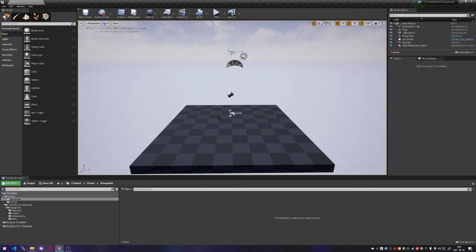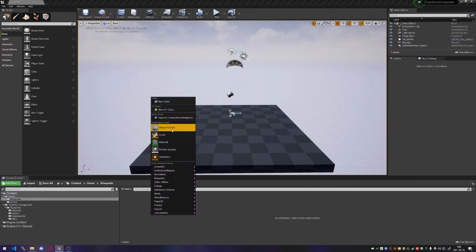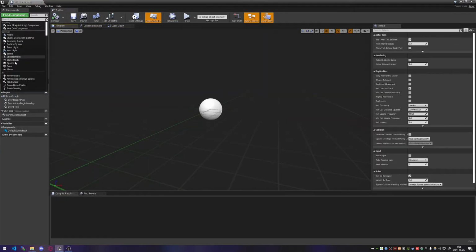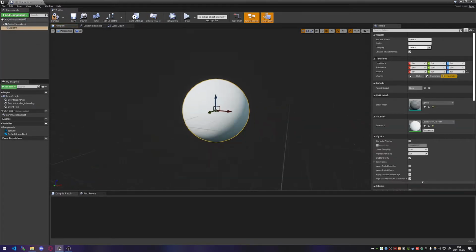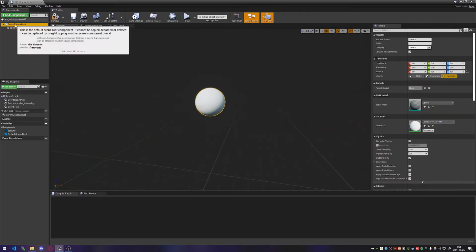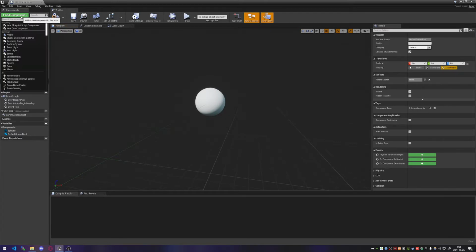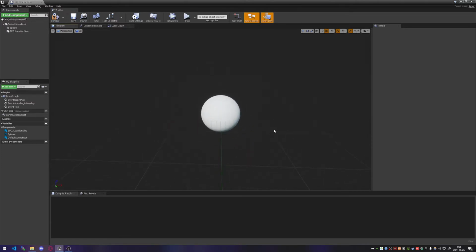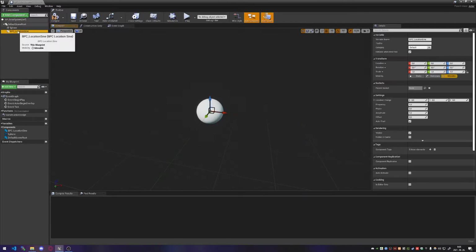Let's start by making a small solar system-like movement. So we are going to make a new active blueprint. We are going to have a static sun in the center, and we are going to have a few planets. Now for the movement we are going to use first a location sine component, and since we are going to be moving these in a sort of circular or elliptical orbit, we are going to use two of these